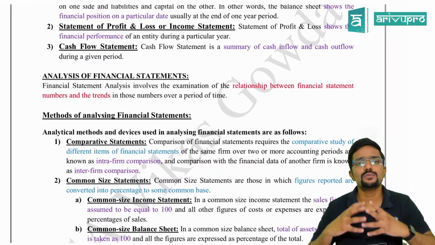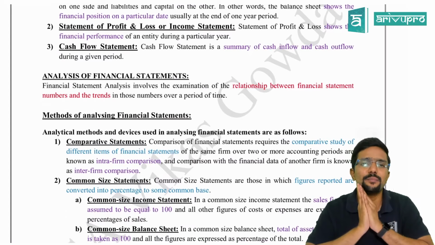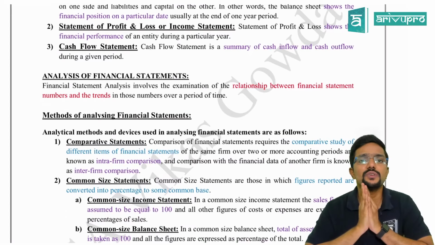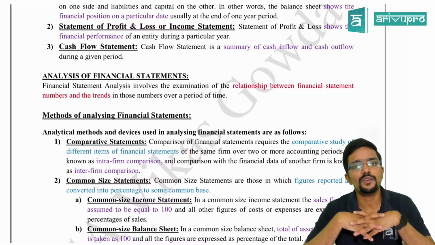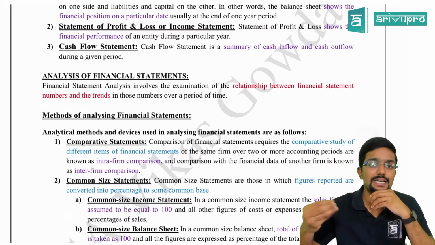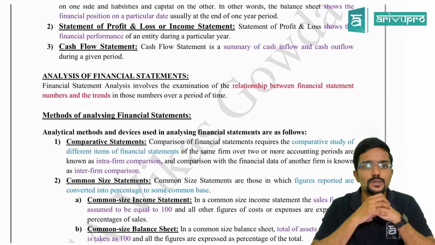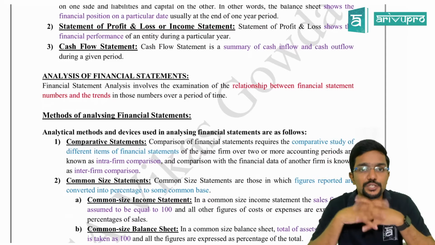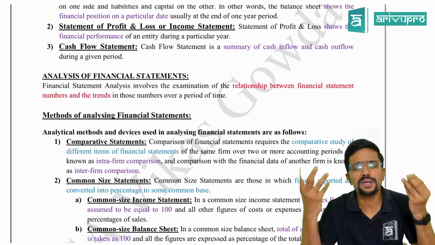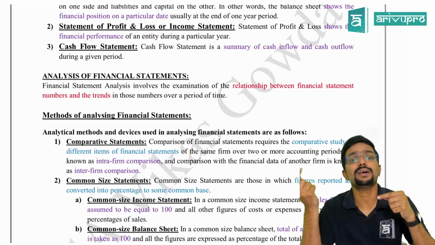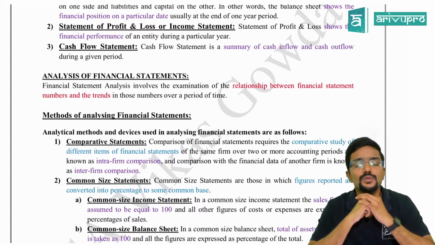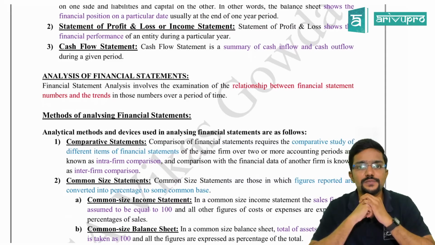And sometimes what happens, I will not get a clear picture by just going through the financial statements of the company. So I have to find the performance of the company in terms of profit compared to their assets, compared to their capital. So I have to calculate various ratios like current ratio, quick ratio also, to know whether my assets are sufficient to pay my liabilities. So in that case, we have to do something called ratio analysis.